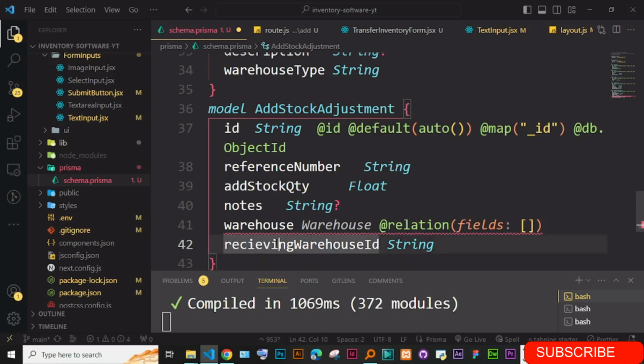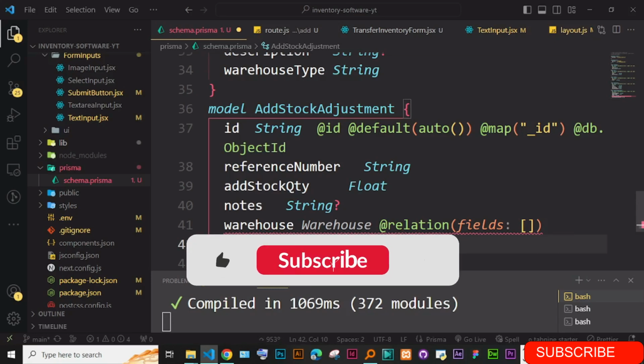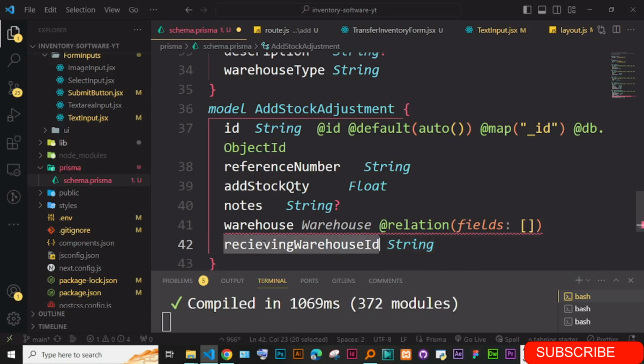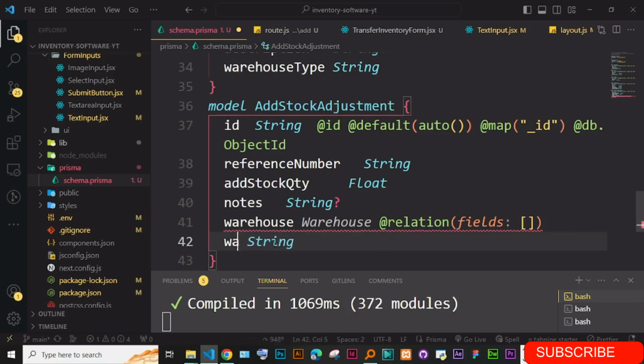Normally this receiving warehouse ID, you could name it as warehouse ID, as simple as that. But actually, just name it as warehouse ID. We don't need to complicate this. Just say warehouse